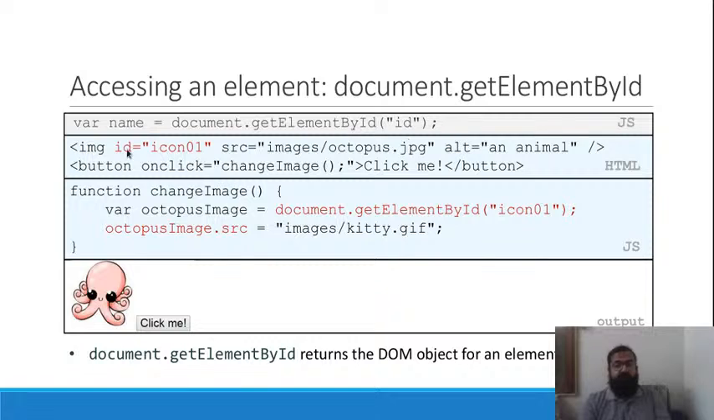So, with the ID icon01, you have the image. That's an image showing an octopus, with the alternate text "animal". And when you click on the button next to the particular